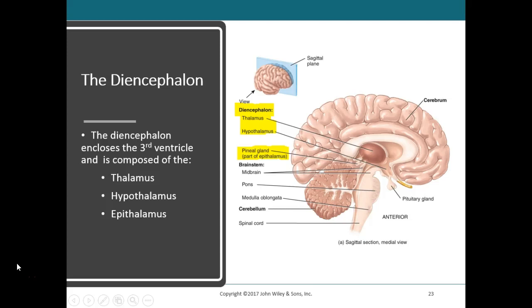The diencephalon forms a core of brain tissue just superior to the midbrain. It's almost completely surrounded by the cerebral hemispheres and contains a lot of nuclei that are involved in a wide variety of sensory and motor processing between the higher brain and lower brain centers. It extends from the brain stem to the cerebrum, surrounds the third ventricle, and it includes the thalamus, the hypothalamus,